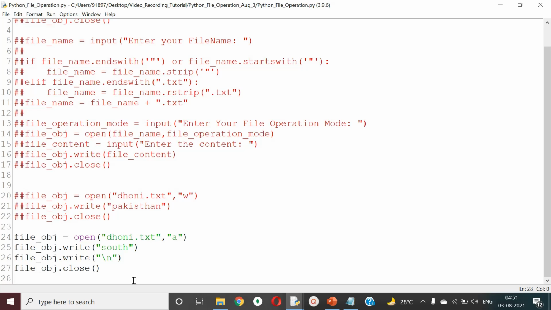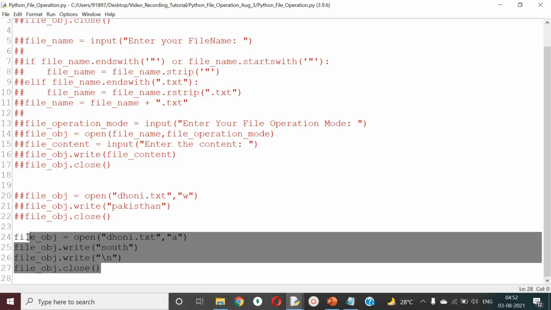Since the cursor always goes back to the first index as soon as I close, the next time I do the write operation it overrides, because it starts writing from the same place where the cursor is blinking. When you do the A operation, it will first read the file and keep the cursor at the last available letter of the given file. That's the beauty of append.